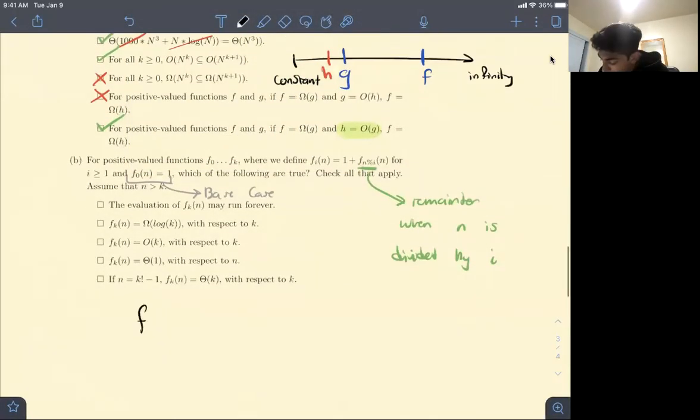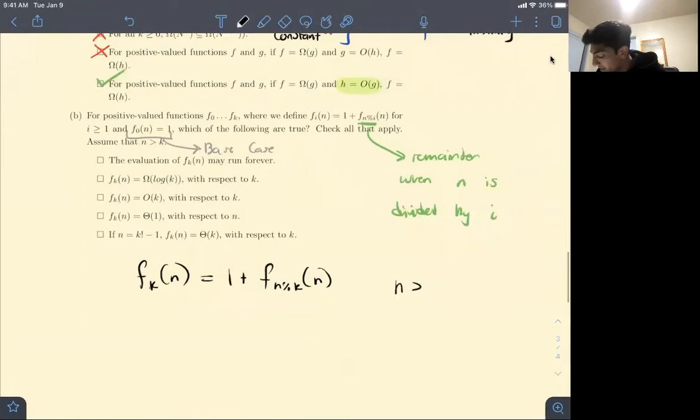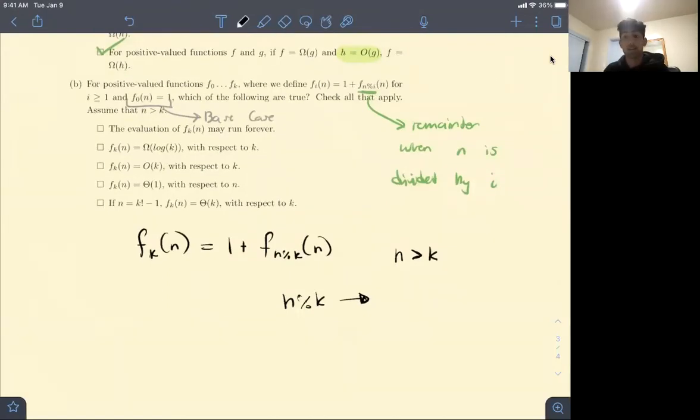So if I'm looking at f_k of n, we know that this is going to be equal to 1 plus f_(n mod k) of n. And one thing to notice here is that n is going to be greater than k. So if I'm looking at n mod k, this is going to spit out some number. It's the remainder when n is divided by k. And one thing really important to notice here is that this remainder